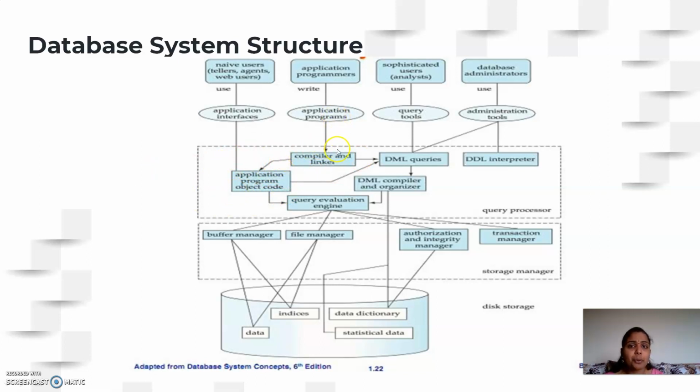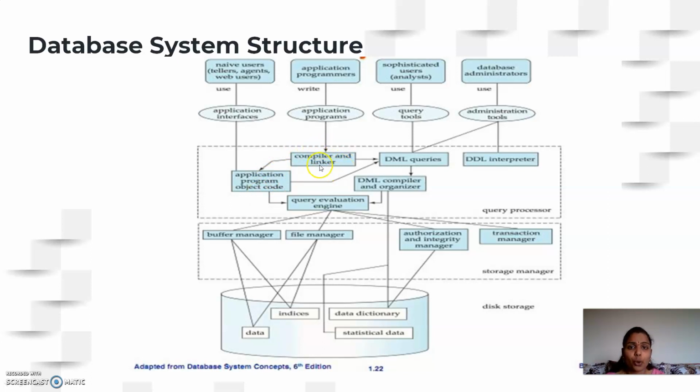Then the application programs. Whenever you have a program developed, first of all we have to check whether the program has any syntactical errors. Does it need to link to any other libraries or header files? That must happen. So the application programs are given to the compiler of the respective language in which they are developed, and they also link to the header files and libraries needed. Once the program is compiled successfully, you will get the object code.